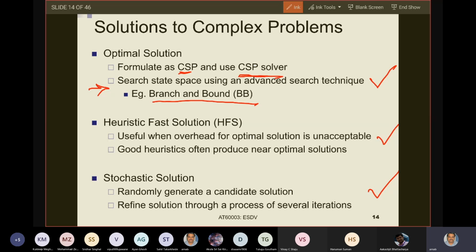You can also have heuristic fast solutions to it. One of the drawbacks of optimal solutions is that it may take a very long time to generate a solution. Also, solutions could be so less scalable that you cannot generate a solution on the hardware that is available with you, because the state space size inside, the number of problems that you need to